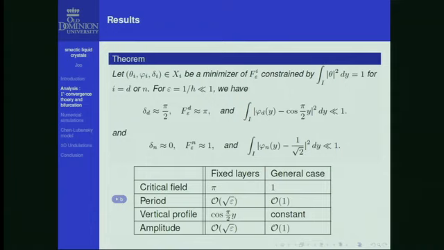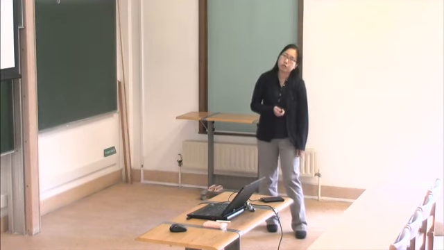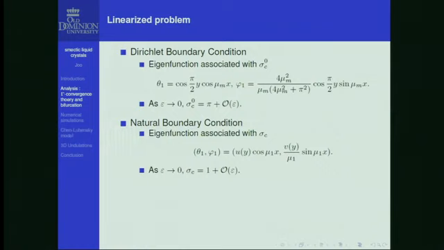And then this is the table to compare both cases. As I said before, in the fixed layer case, the critical field was pi, and then it goes to 1. We could lower that critical field, and the period was of order square root of epsilon, and then it becomes order 1. So the period becomes larger, the vertical profile becomes constant, and the amplitude becomes larger. Those are the results that we could obtain from the gamma convergence theory,